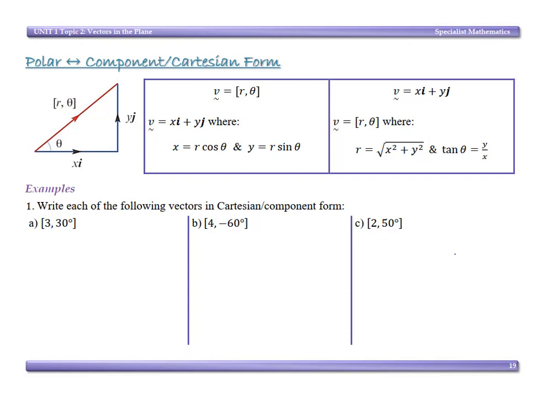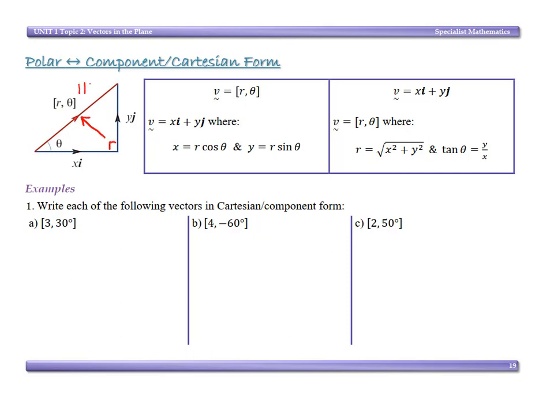This video looks at converting from polar to component form. Now there are formulas, as I alluded to in the last video with the example, that you can memorize. If you don't memorize them though, you can just use your trig knowledge. So it's not required. So where these formulas come from, if I have my triangle, my right angle is here,